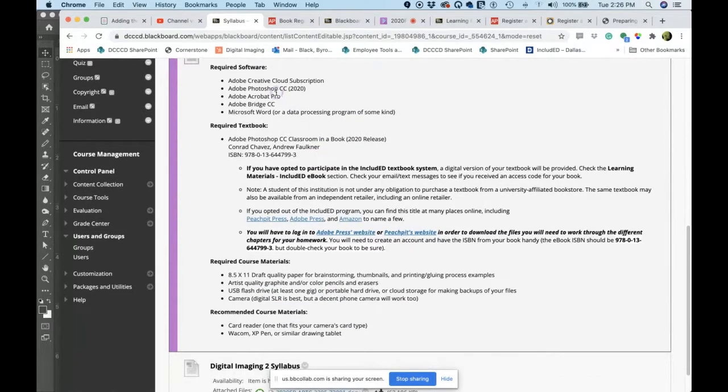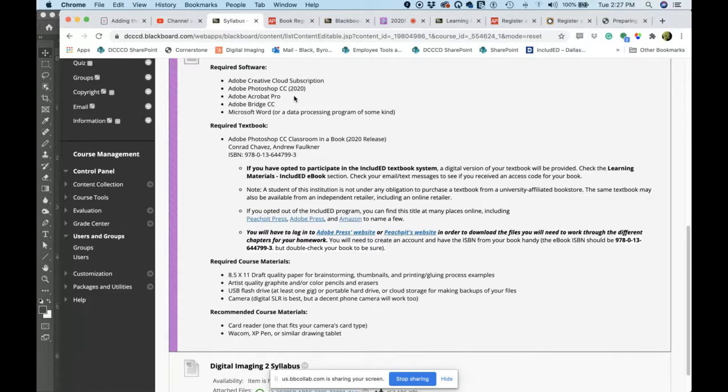And it talks about the software, getting a subscription to the Creative Cloud. You need to go to Adobe's website, adobe.com. In fact, I would just do a Google search. I should have made a link here for you, but do a Google search for Adobe Creative Cloud Student. And it'll take you to Adobe's website, and you should be able to subscribe to the Creative Cloud for the student rate, which is less than the